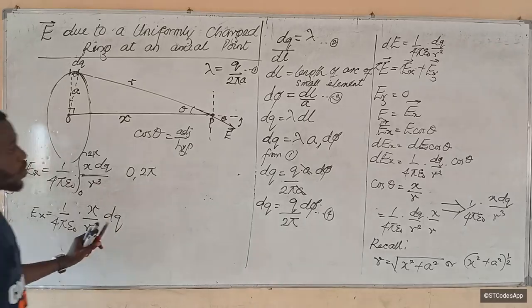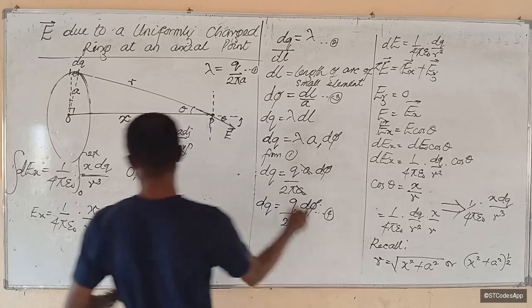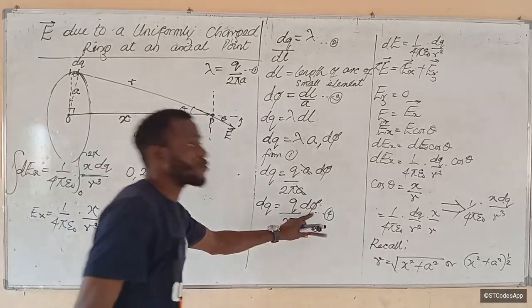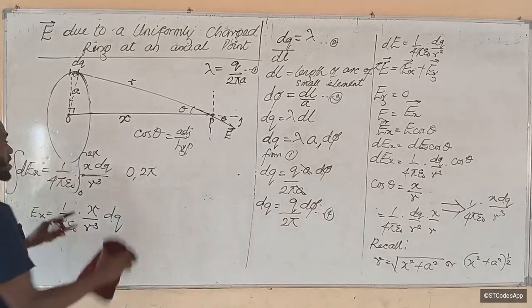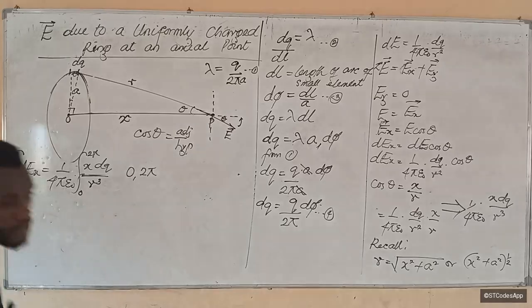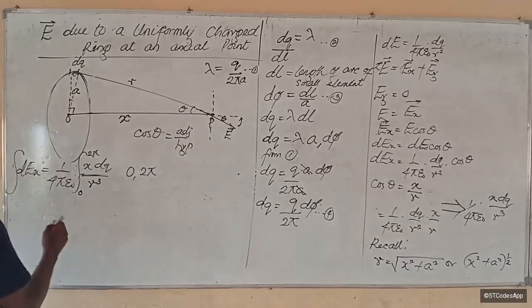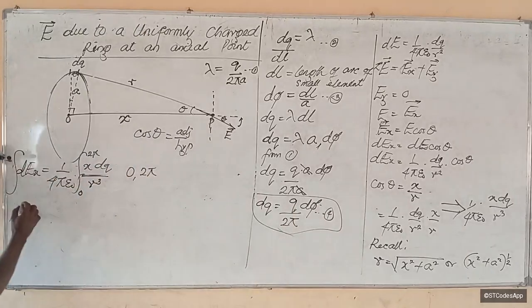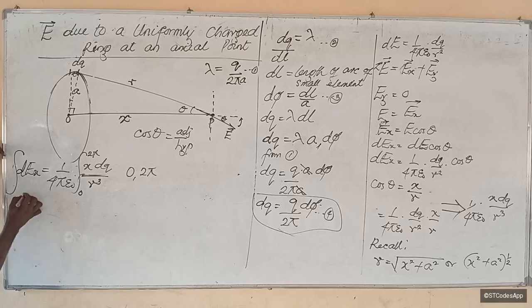No, we want to, okay. We will substitute this into this equation, because we want to use angles. Before we integrate, we want to integrate in terms of angle. So recall that dq is this, right? So if that's the case, then our integral between 0 and 2 pi is